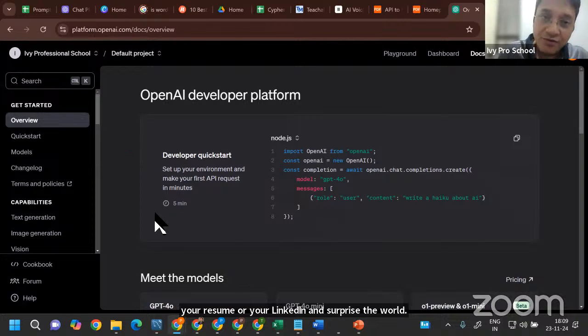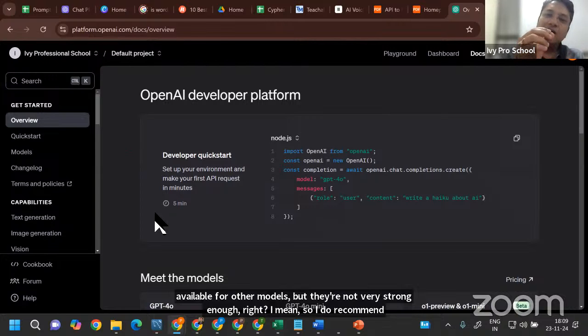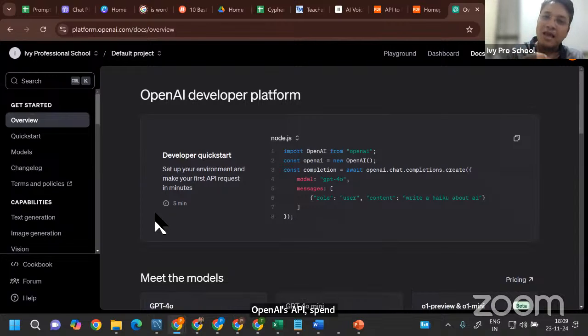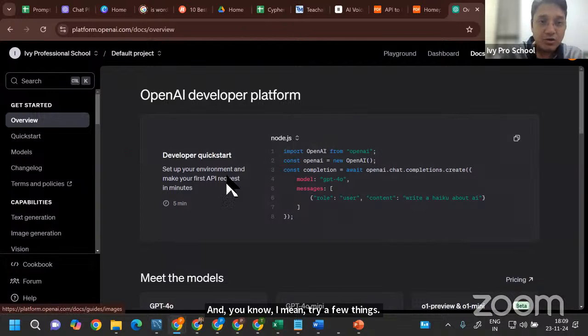There are free API keys available for other models, but they're not strong enough, right? So I do recommend OpenAI's API. Spend $5, get the API key, and try a few things. It's pretty interesting. Now, how do we do that? So when you come over here,